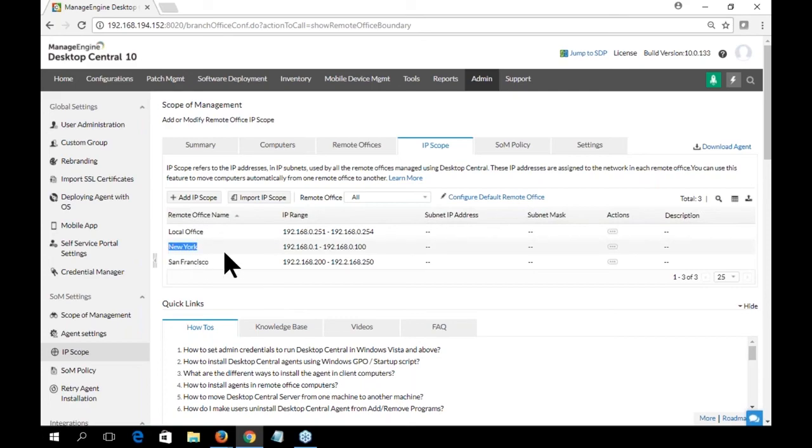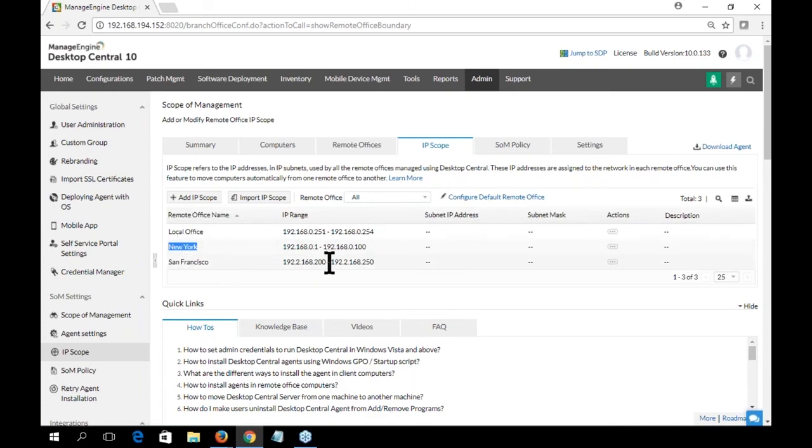Say that I'm having a user in New York who's going to visit San Francisco for a business requirement. There are no IP ranges here. When a machine moves from New York, remember, New York is under the distribution server model. So when the machine is coming out of the New York office, the machine is completely going to be isolated. It will not have any contact to Desktop Central because it's not even a roaming user. So in such conditions, what happens is when the machine rejoins the New York, it is going to get all the